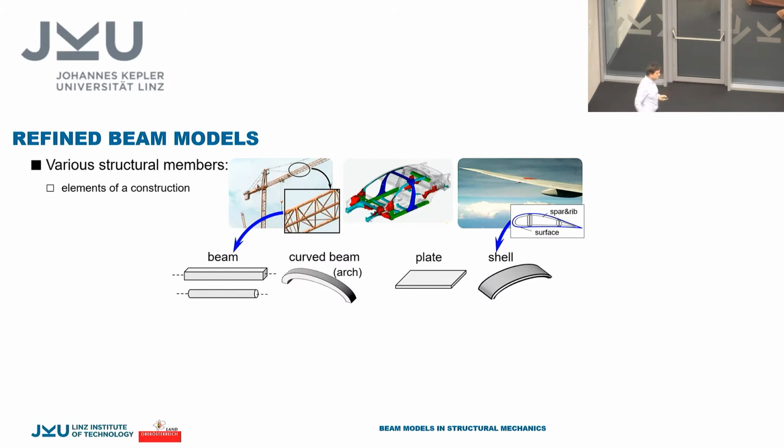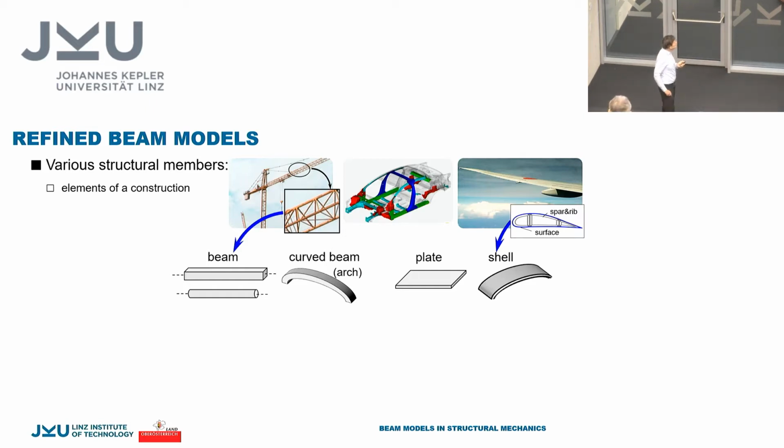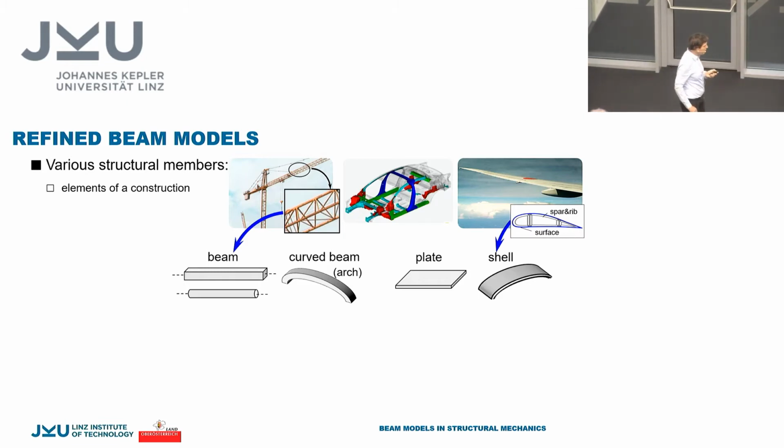So what is a beam? Many constructions only consist of a few recurrent elements, and these are called structural members. For these structural members, mathematical methods have been developed over the last hundreds of years. So the goal of an engineer is to understand and calculate the strength, the rigidity, and also the